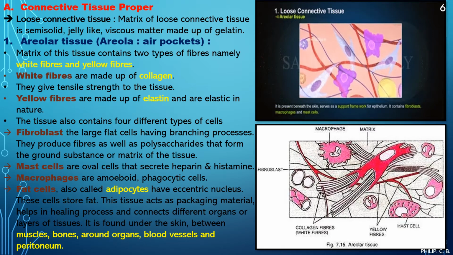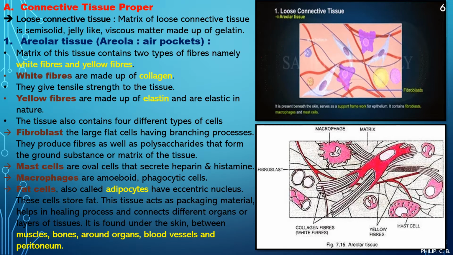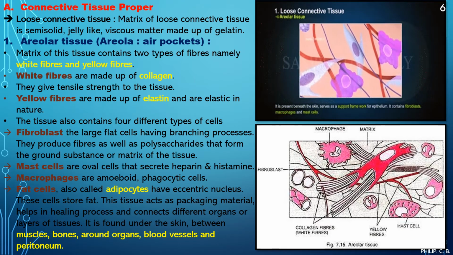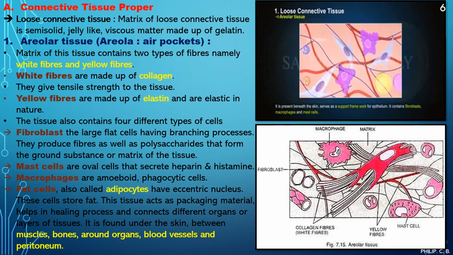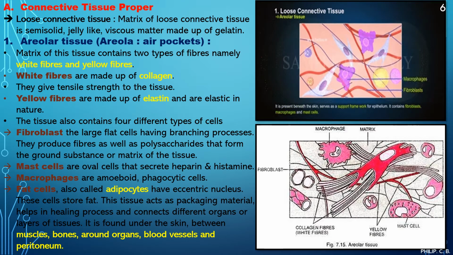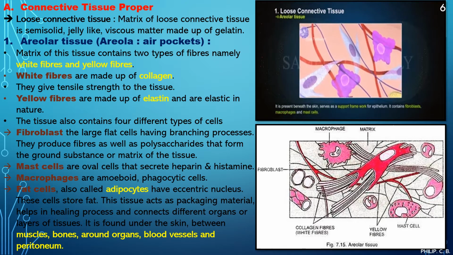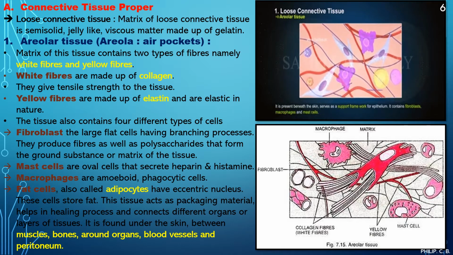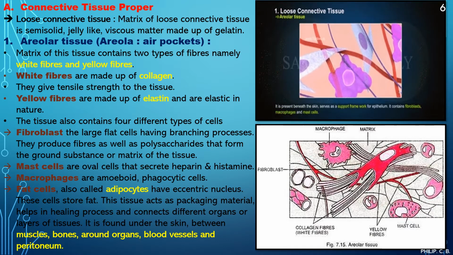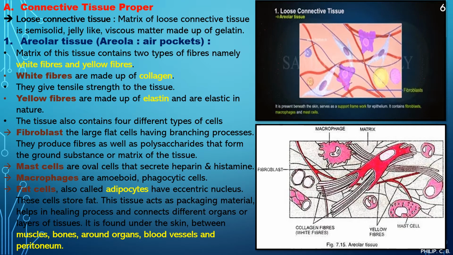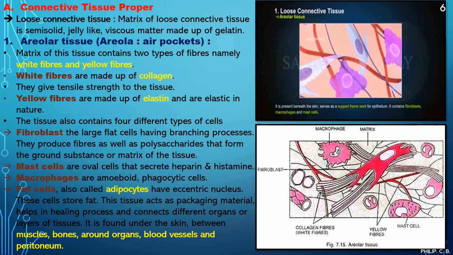Clear? And now towards the right, you can see the loose connective tissue, different shapes, star shapes, flat cells, oval shaped cells, the yellow fibers, the white fibers, all the things you can see. Also on the second image, lower towards the right, we can see the fibroblast cells, macrophages, matrix substances, mast cells, yellow fibers, collagen fibers. Clear? Now one more point to add over here, mast cells secrete heparin and histamine, which help to prevent blood clotting and also loosen up the blood in the vessels.